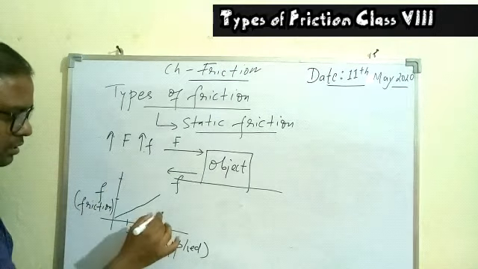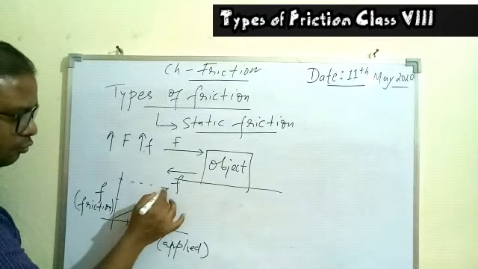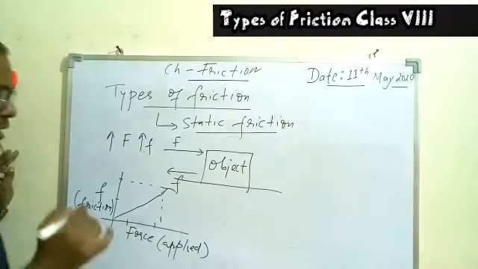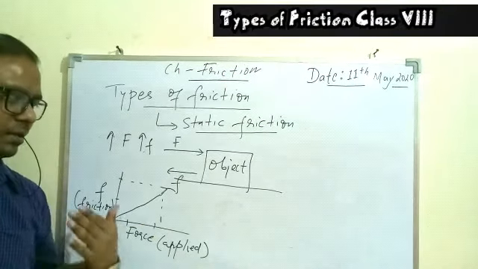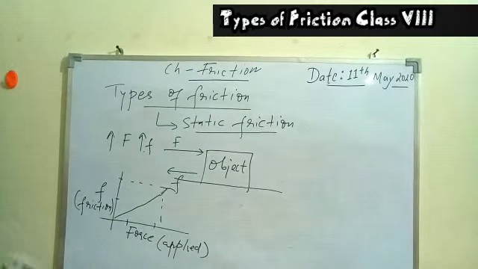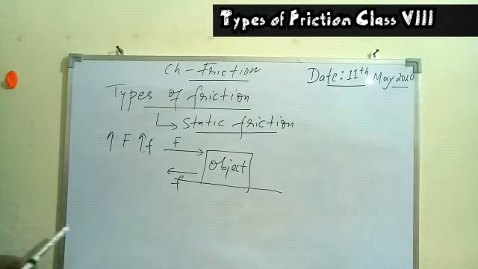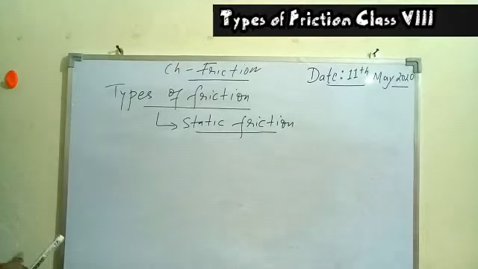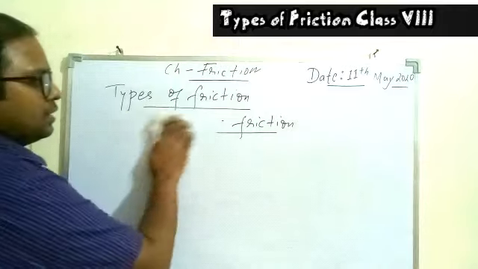Further increase the force, more friction, and after some time what will happen, we are able to overcome the force of friction, and then the object can start moving. So when the object starts moving, it will start sliding, and once the object starts sliding, then the friction will somehow reduce. That is what we are going to discuss today. So in general, we can have a graph between the applied force and the static friction, and that I will repeat once we do the sliding friction. Okay, so the static is clear.